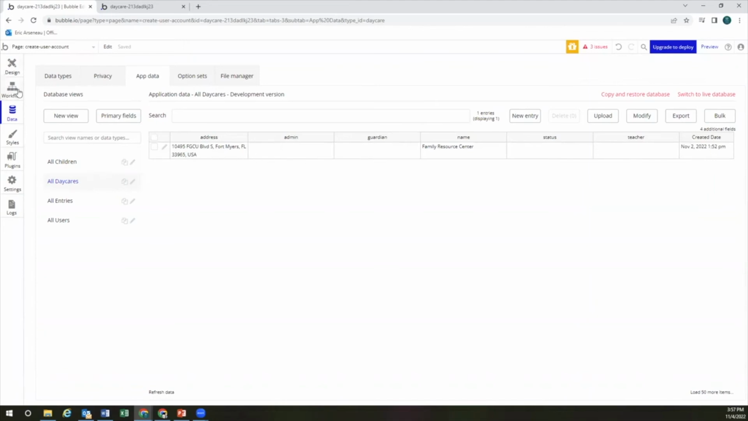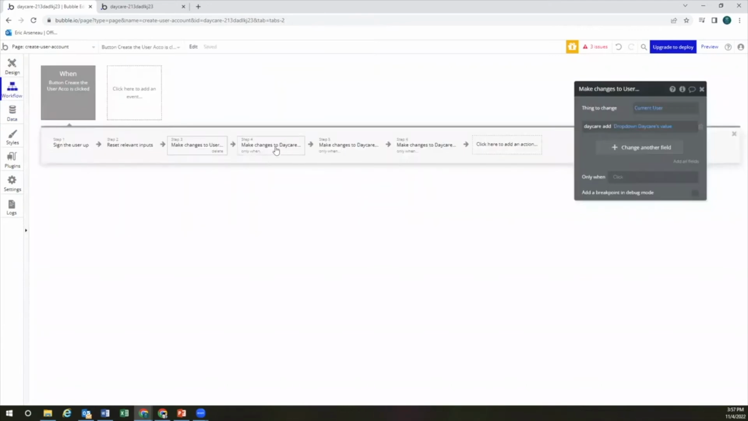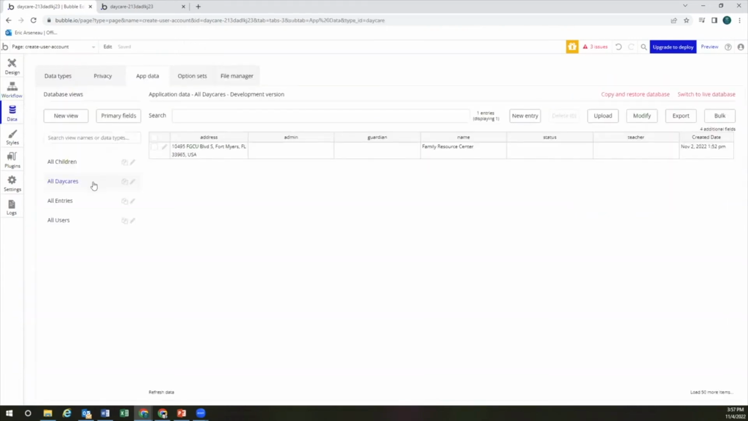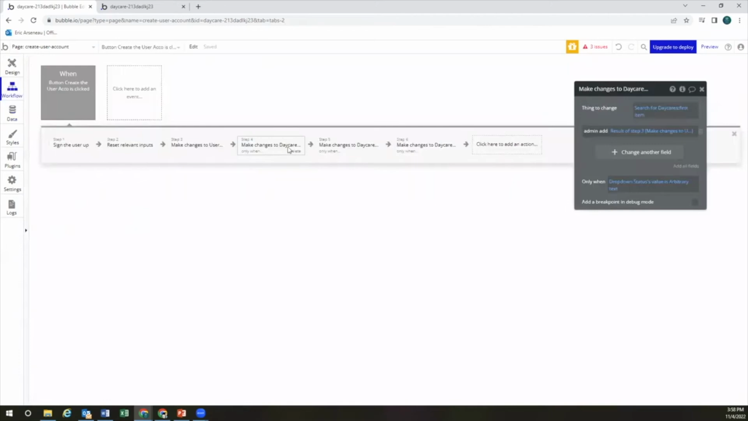And so the next step is to actually make changes to the daycare. So we can't access these particular fields until we've done this. So we're saying here that we want to add the person to the admin spot in the daycare table if they say they were an admin, if they're a guardian, and if they're a teacher. And we need 3 separate workflows to do that. So that's this one, and this one. Okay, I know it's a lot of steps, but